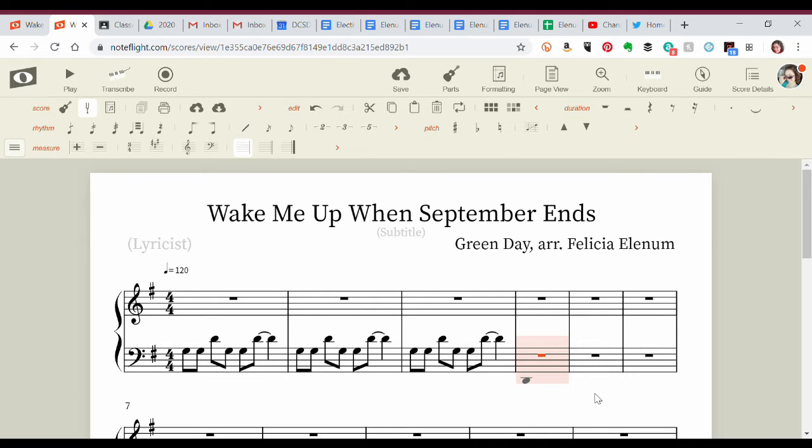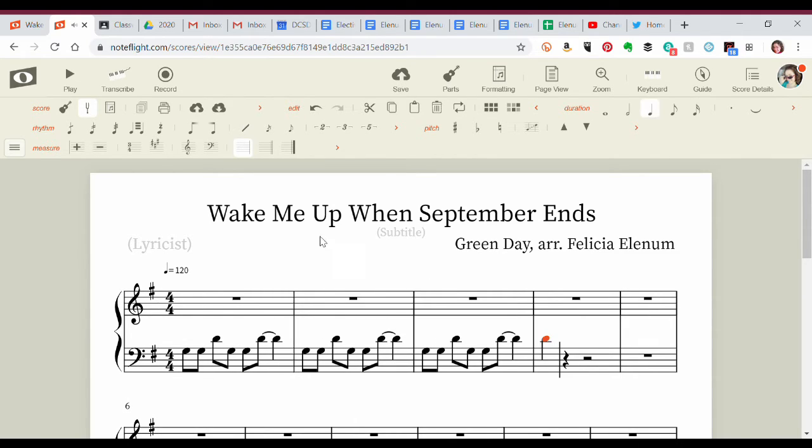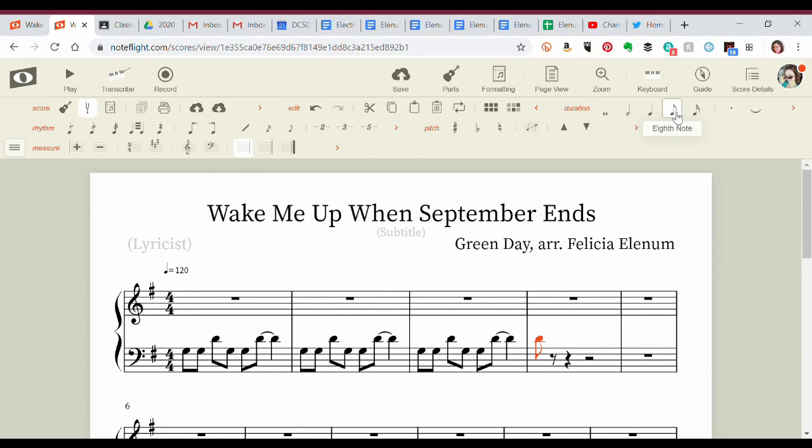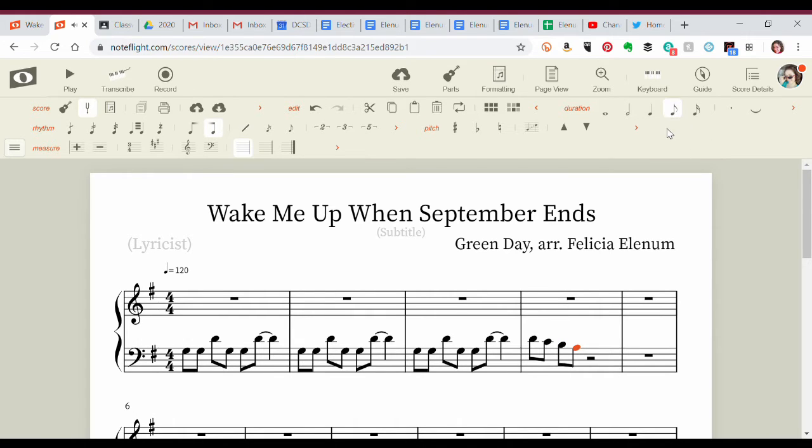Second thing I saw a lot was, how do I continue a beam? For example, mine right here are beamed in groups of 2 1/8 notes, but what if you want a group of 4? So let's say I just have, let me get some 1/8 notes going here. Where did my duration? There it is. So let's say I've got 4 1/8 notes, and I really want those to be grouped together in a group of 4. I can do the exact same thing,